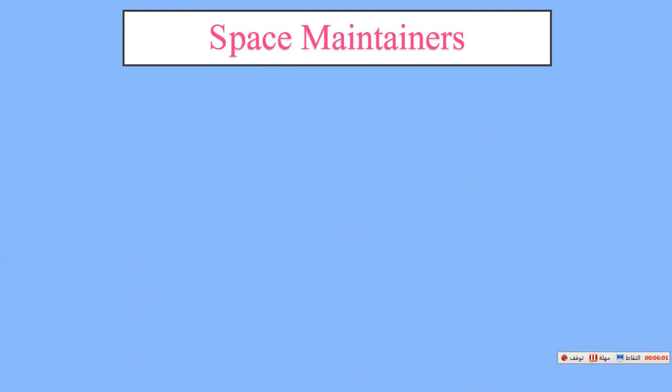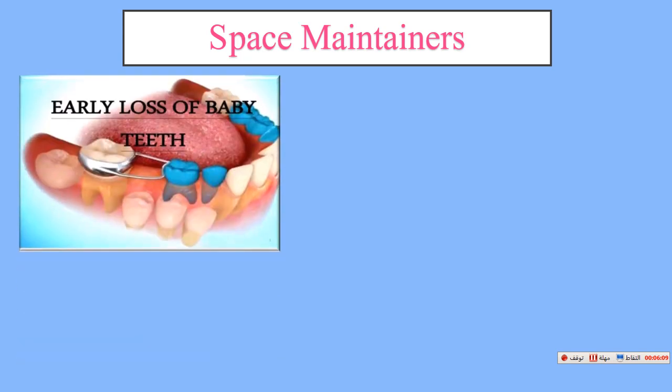Finally, I will talk about the space maintainer. Space maintainer is another procedure undertaken in preventive orthodontics. It's a very important procedure to prevent loss of the space, to help the eruption of the permanent tooth in the correct position. As we know, premature loss of the primary teeth leads to the loss of the space,